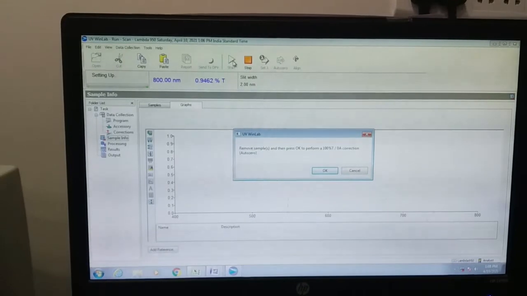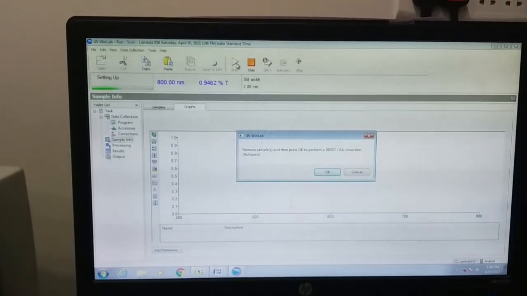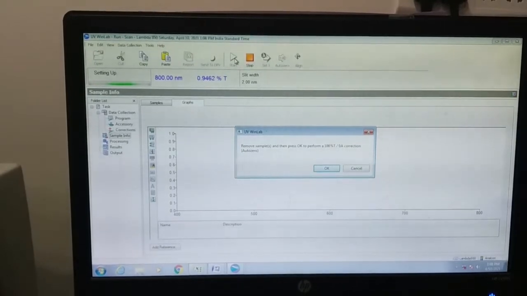Now this software gives the instruction: remove and press OK to perform 100% transmittance.